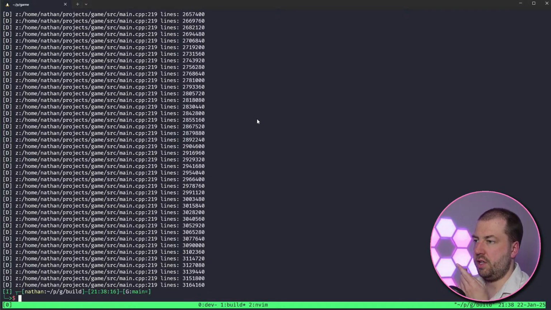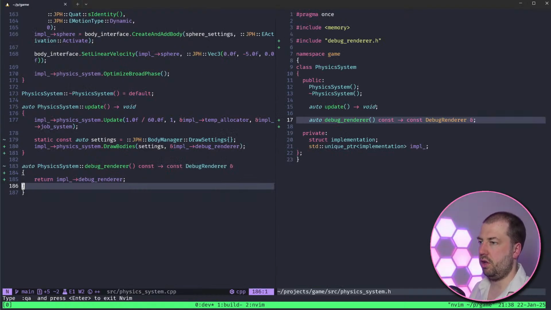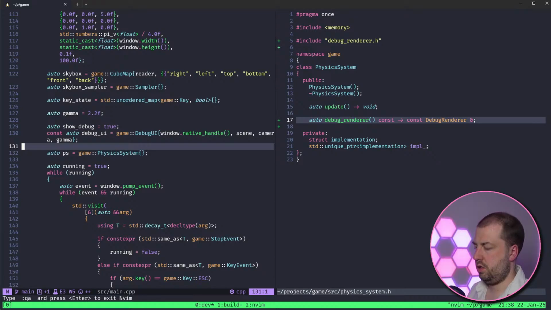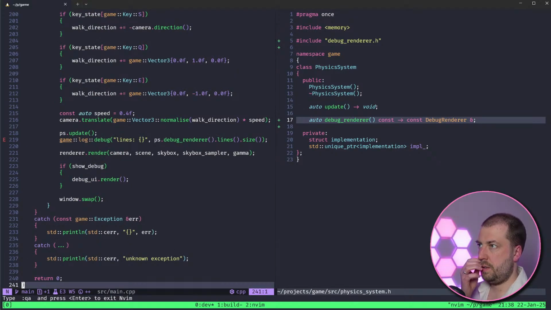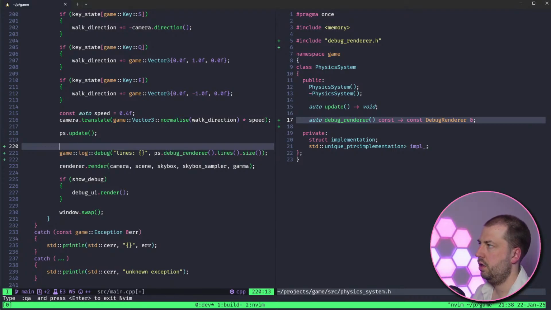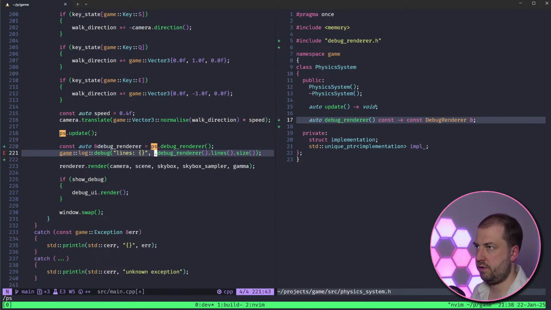That is a lot of lines, and I'll tell you why it's a lot of lines, because const auto debug renderer equals ps dot debug renderer ps x, and then do